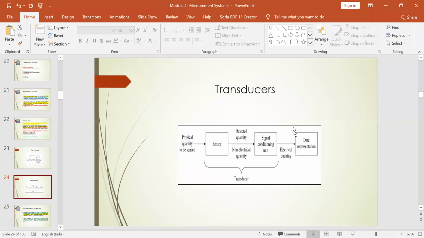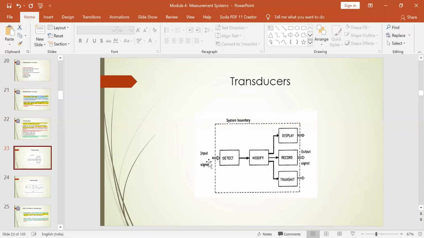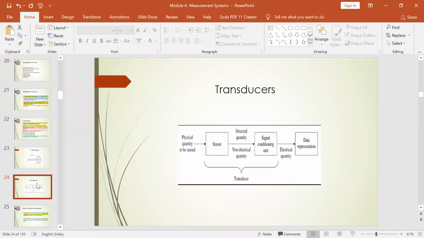Here is one more diagram which helps you understand better. Any physical quantity which is available will be sensed, because you will be using a sensor in the place of the detector. You should have some sensing device in order to sense the input signal, right? It could be a pressure sensor or a gas sensor. It depends upon the type of input you are providing, and based on that, the sensor will be used. This sensor will sense the input which has been delivered.